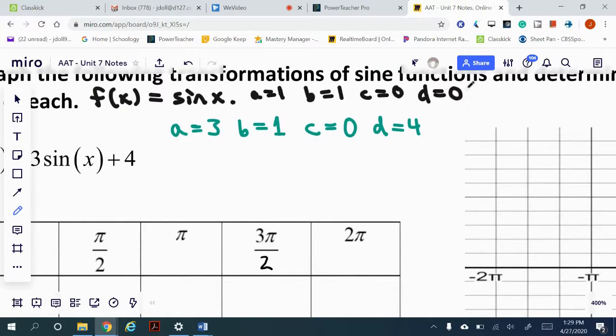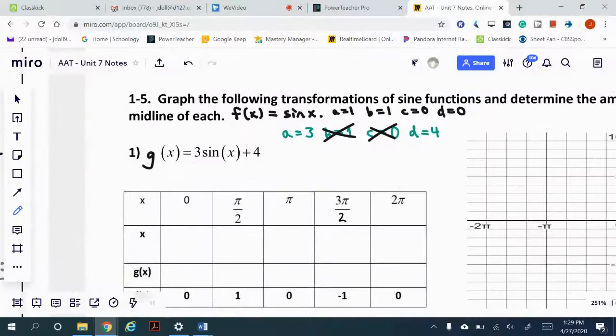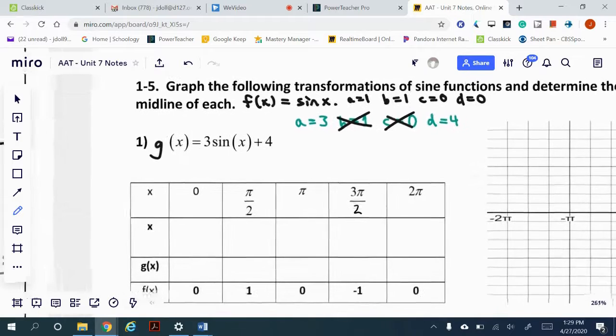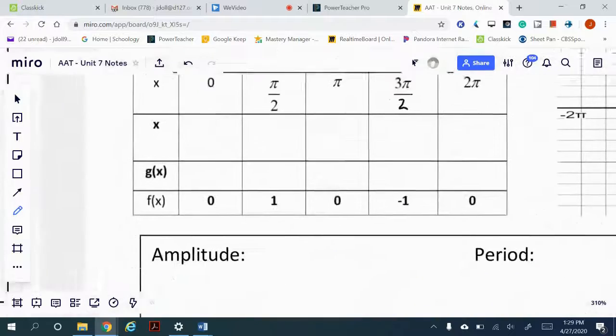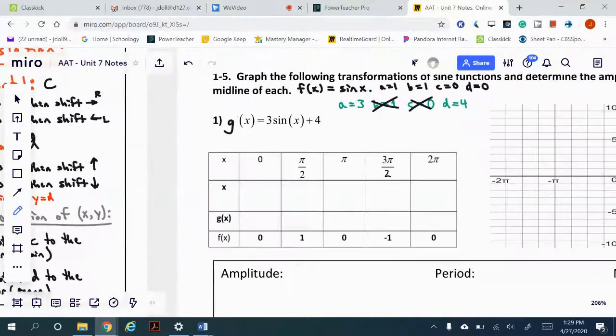So you can see since B didn't change, we don't have to worry about doing anything with B. Now, I'll probably still use the 1 over there, but you're going to see that it doesn't change anything. And same thing with C. What drives the transformations in this example is A and D. All right. So once we know that A and D affect the range, affect the y coordinates,